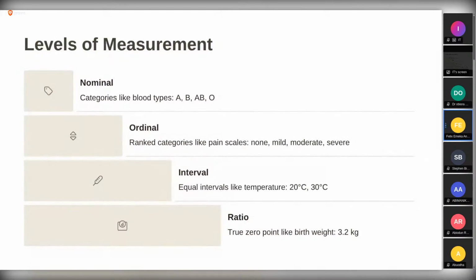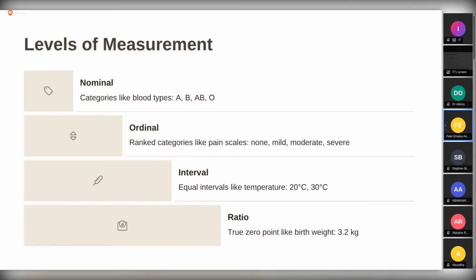The reason is that there's an order. For you to do a postdoc, which is a higher level, you must have done a PhD. For you to do a PhD, you must have done a master's. For you to do a master's, you must have done a bachelor's. So variables like this have order.